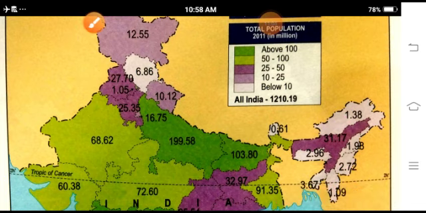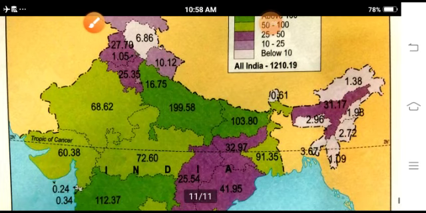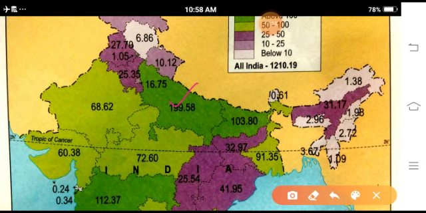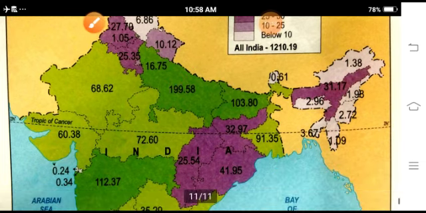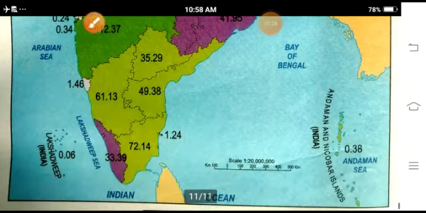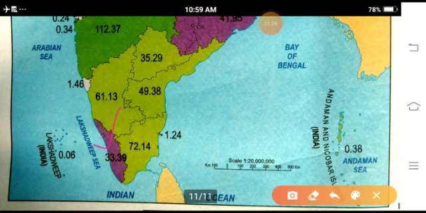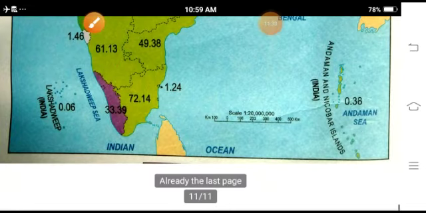But when we go for densely populated, you have to see the green color, like Uttar Pradesh and some parts of India. And if they ask you which is the densely populated area of the southwestern part of India, then you have to answer Kerala. Yes, Kerala is densely populated with 33.39%.